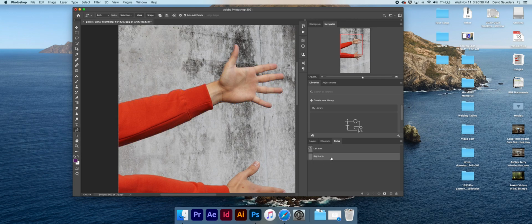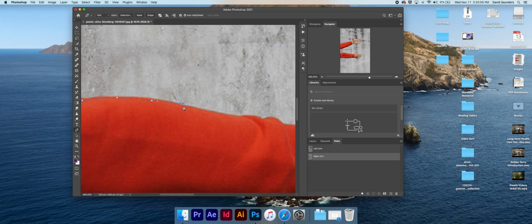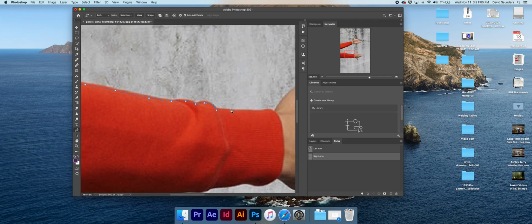And then I'm going to click on right arm again because I had that one selected. And I'm going to go ahead and cut this one out now. And remember to start outside of the artboard. That's just so we can make sure that we get this whole thing selected. And see how I messed up just there? If you hit Command Z, it'll go back and it'll still be connected, and you can continue on with your selections. So anytime you ever mess up, you can always Command Z to undo one